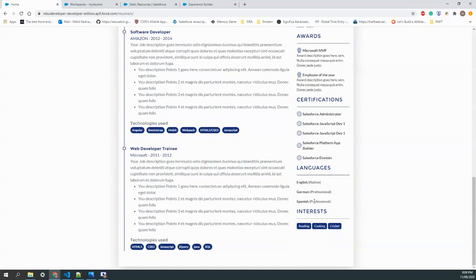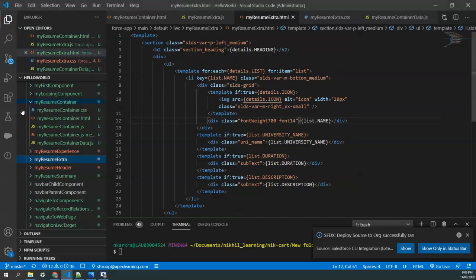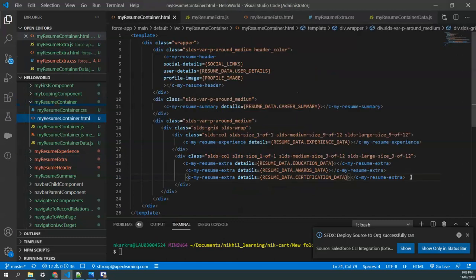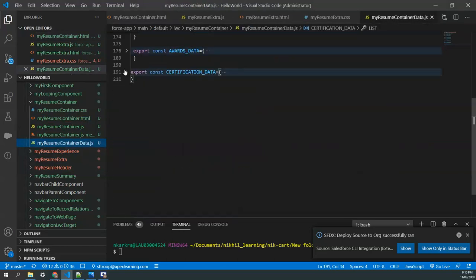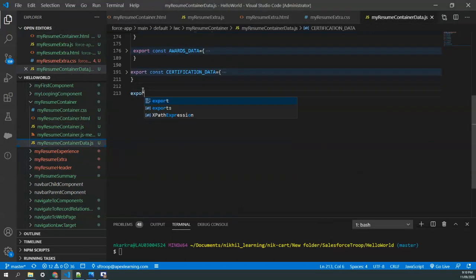Apart from that, now we have to add the languages. Let's go and add languages as well. Go to container, copy paste the same component, add it, and we'll say language data. We go to our JS file, we'll close this, we'll say export const language data. And then language data is also in the same format, but this time we don't have an icon, so we'll keep the heading languages, and we'll add the list,